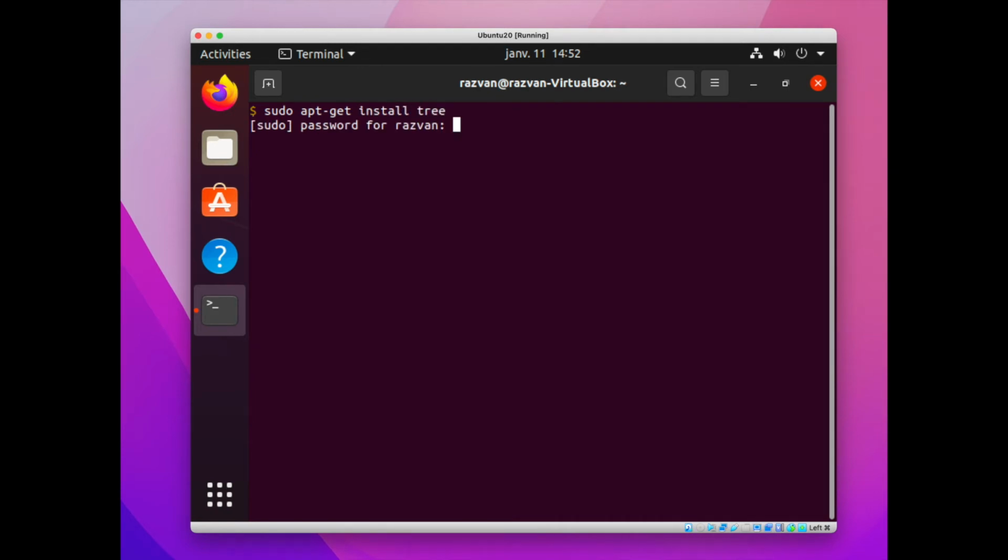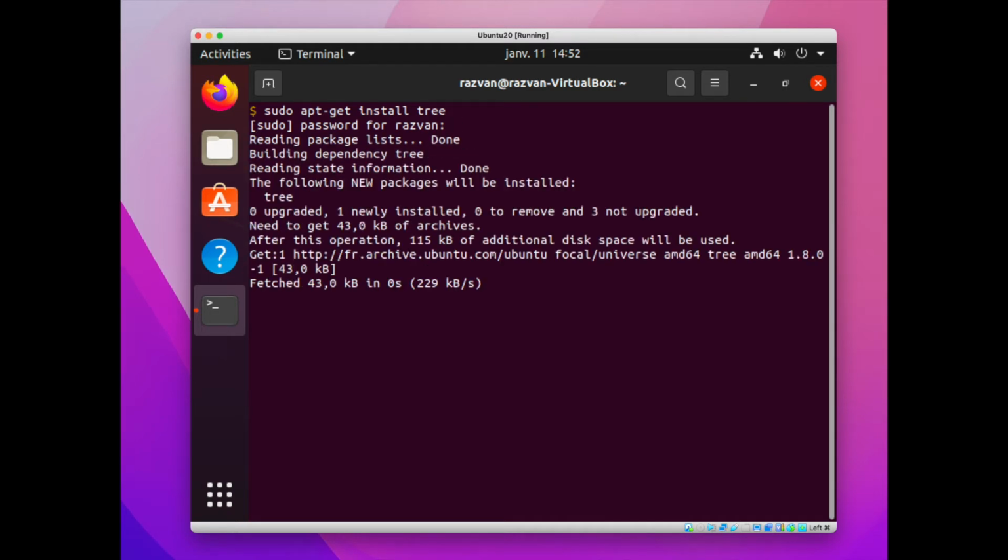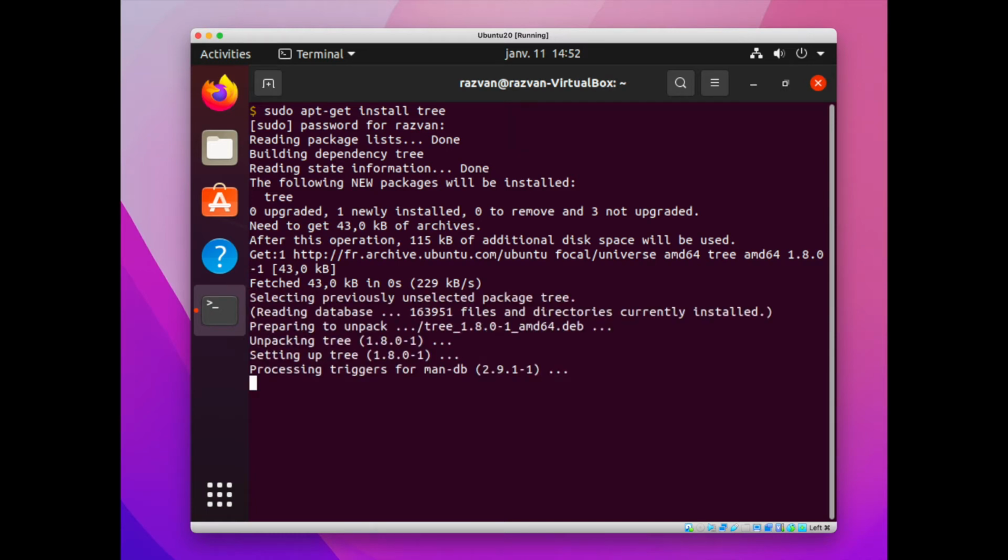And as you can see here, we're prompted with a password request. This is due to the fact that we placed a sudo before our command, which translates to super user do, or in other words, execute the following command as the super user. Indeed, as managing packages on Linux requires super user privileges, we're obligated to use the sudo utility every time we run the apt-get command. So whenever you're prompted with this, simply type in your password and press enter again to